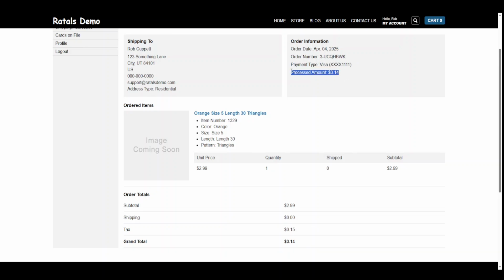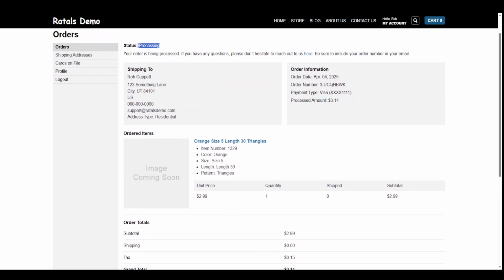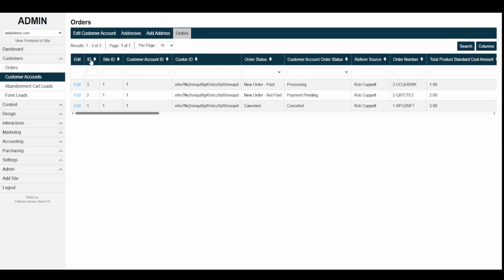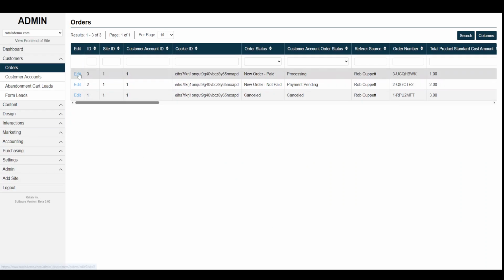And then we can also see here how much the order was for, what they ordered, and where it's going to ship to, and that it's in the processing queue. And it tells them there, your order's being processed. Now, when we manage the order and we go back over here,